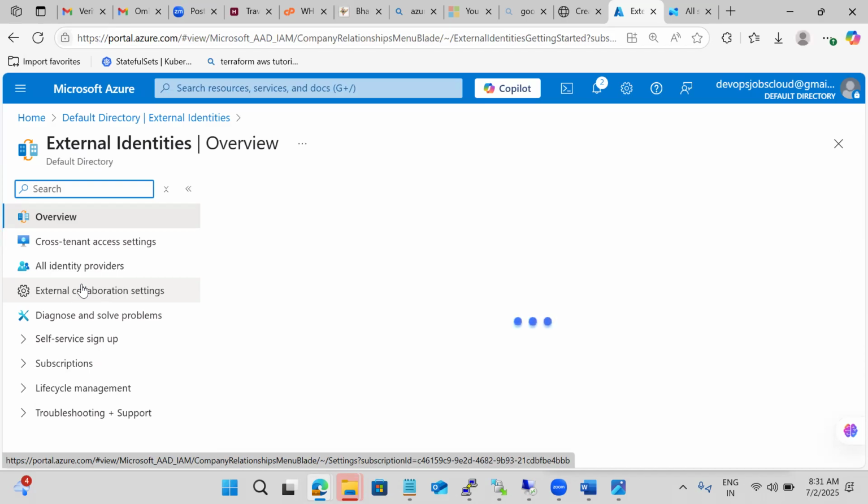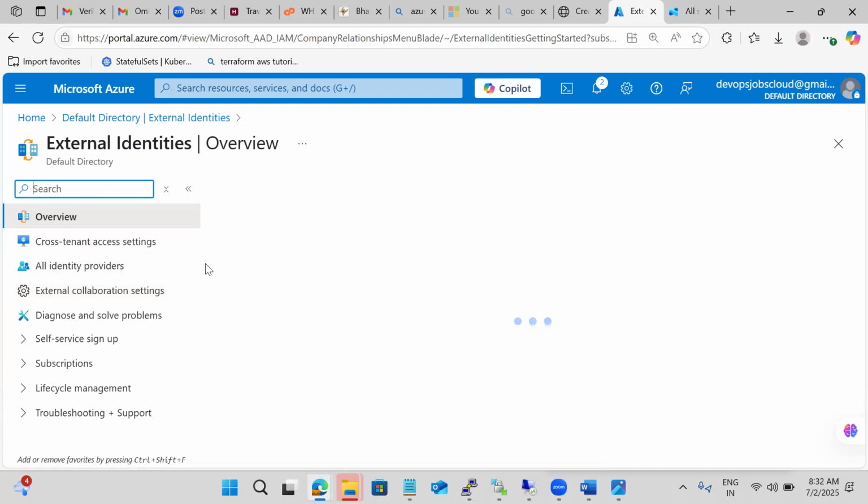Even cross-tenant access we are going to manage. If you go to external collaborations, all those also we can provide. But for this we require a tenant ID, and Entra ID Premium P1 or P2 is mandatory for